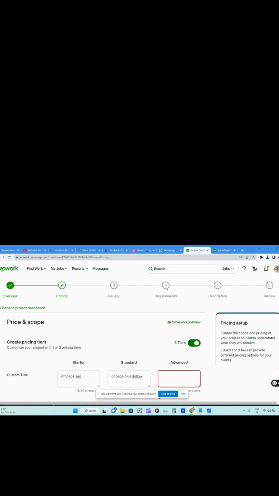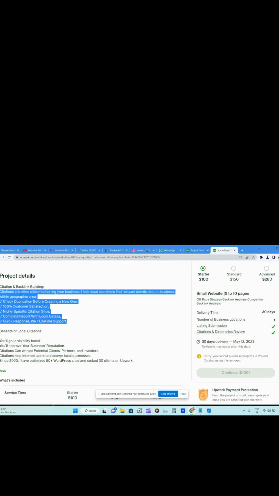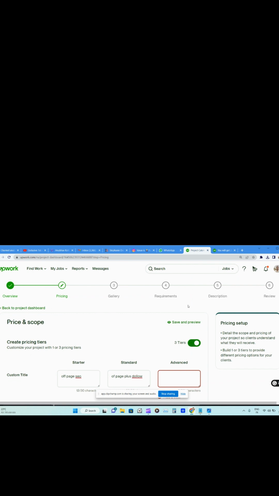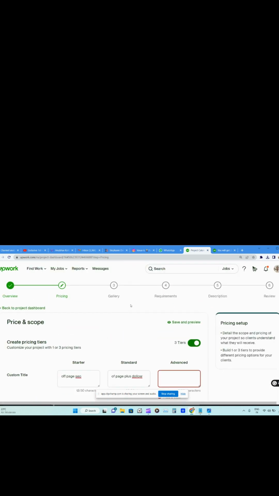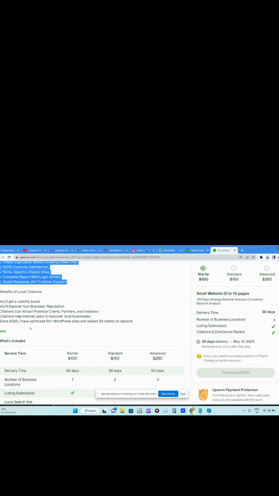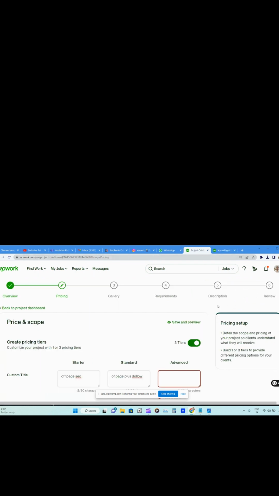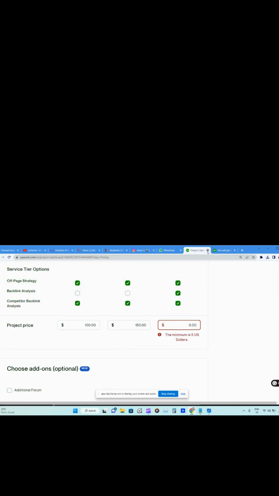After that, we have the requirements. In requirements, we will give this description. Again, citation, what are we going to do in specific, this. And after that, it will be description. Description again. We can put this or we can put this high quality backlinks, etc. Local citations. And then under review. It will go under review after you submit this. I'm not submitting because I've already done this.